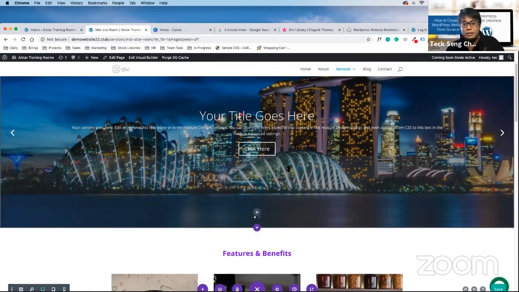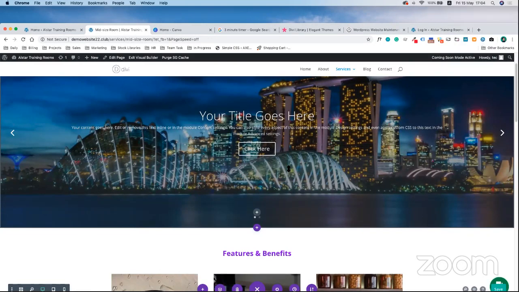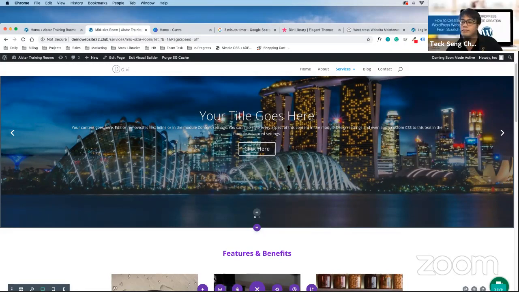Question: just now when you were in the dashboard, you pressed edit on the mid-size room, but sometimes you click edit with DB. Is there a difference? No difference.